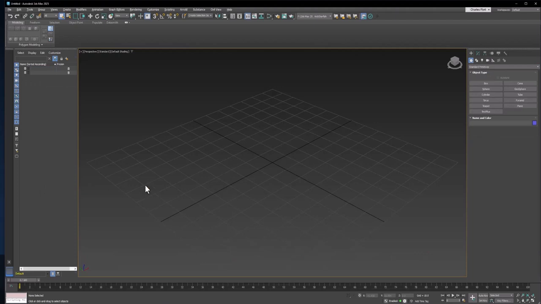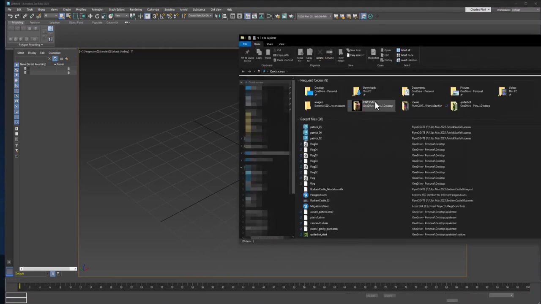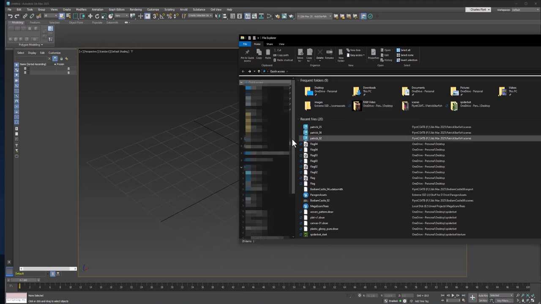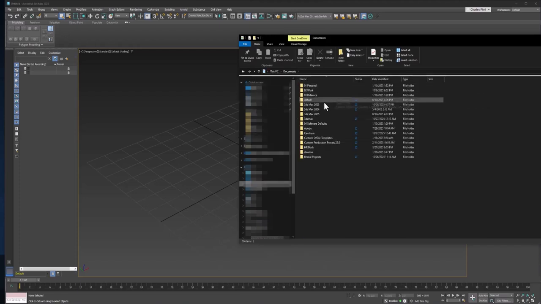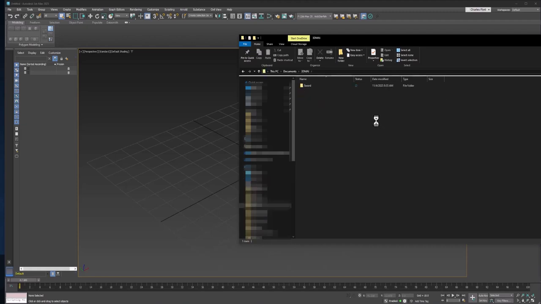So the first thing I think we should do is create a new project folder for this so we can keep everything organized. So let's open our Windows Explorer and then navigate to your class folder. I'm going to use this one. Yours should be 3DMA2, and it should be on your OneDrive or in your Documents folder. And then let's find New Folder. It could be in your File menu here. These things have tabs. Or it could be a little icon down here, or it could be right here. You can also click this. So I'm just going to click this one, and I'm going to name this